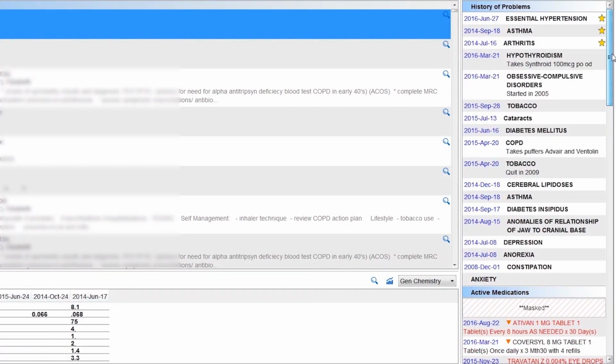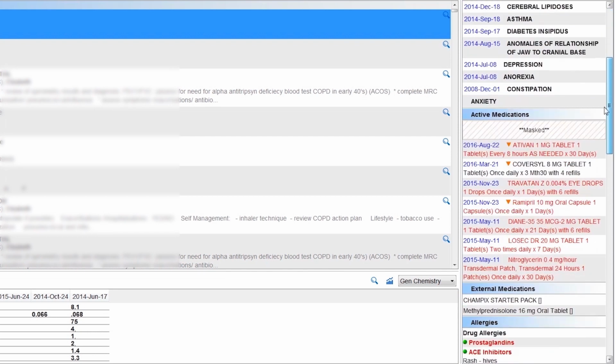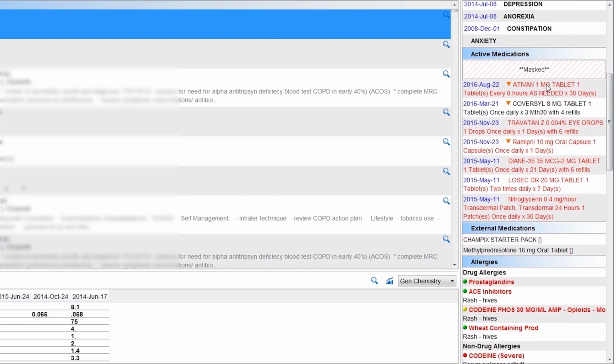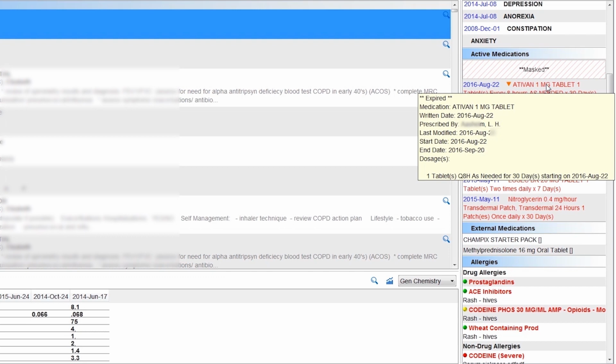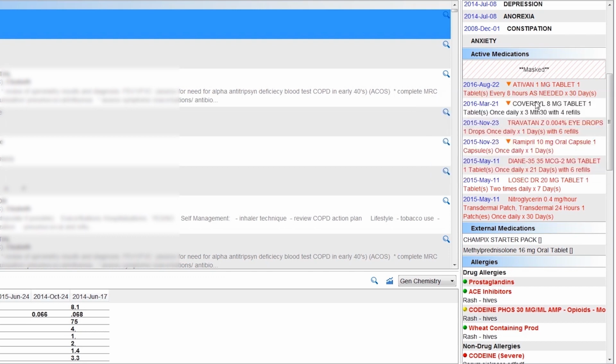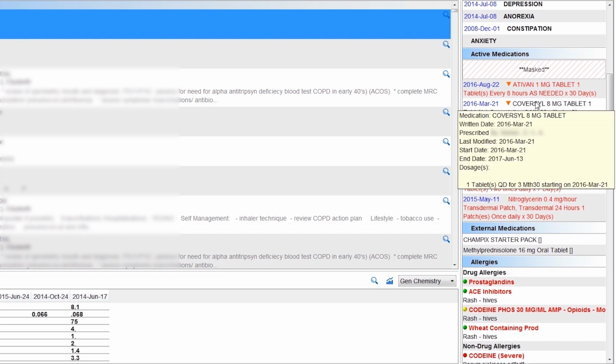In the medication section, one can hover the mouse over a medication to get further information regarding the date the prescription was written and by which provider, modified and initially started. An alternative way to view the CPP